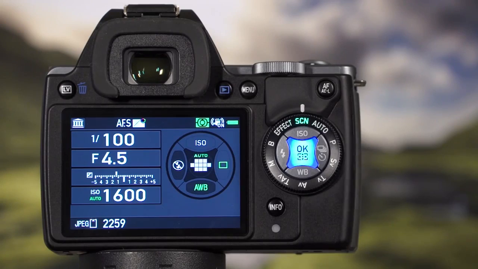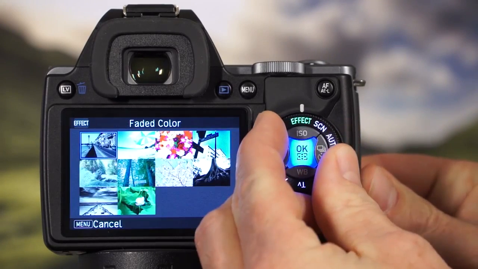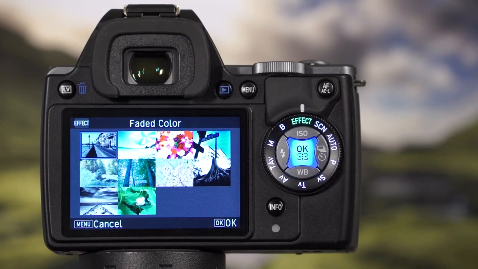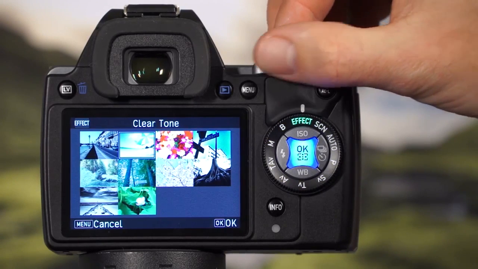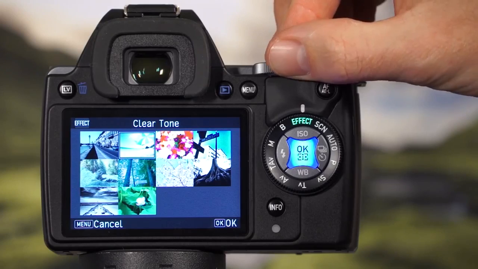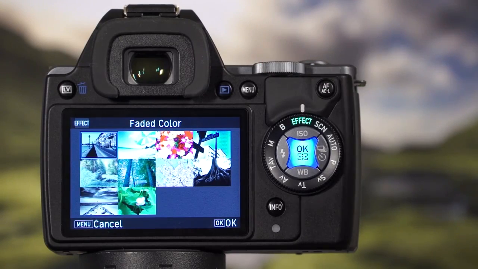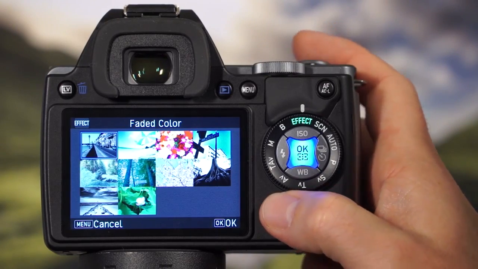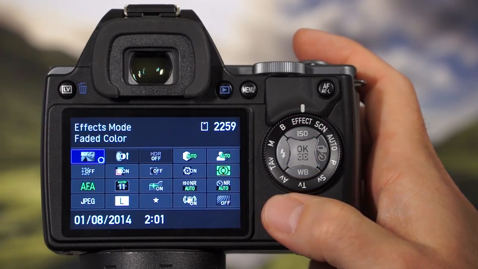The KS1 also features a unique effects mode where you can take photos with a variety of special effects. To access the effects mode, simply rotate the mode dial to Effect. The options are shown on the LCD monitor and can be selected by rotating the E dial or by using the four-way controller. Like the scene modes, the effect modes can also be selected from the information display screen when